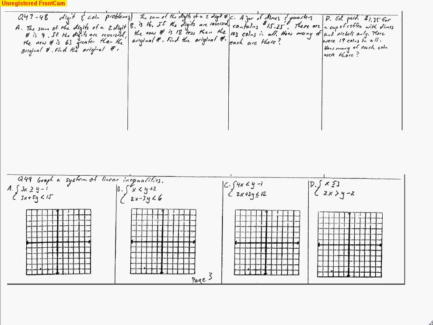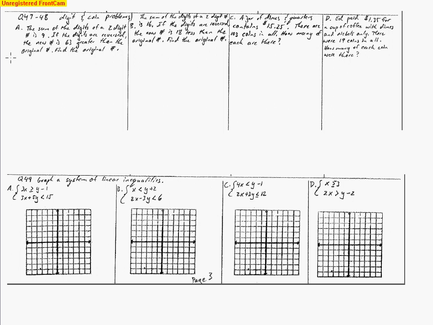This is the bottom of page 3 for the study guide for benchmark 2. Let's take a look at questions 47 and 48, which are a digit problem and a coin problem. Since there are only two problems, one's a digit and one's a coin problem. I'm going to set up the formula the same way I've done in the past, where when we're dealing